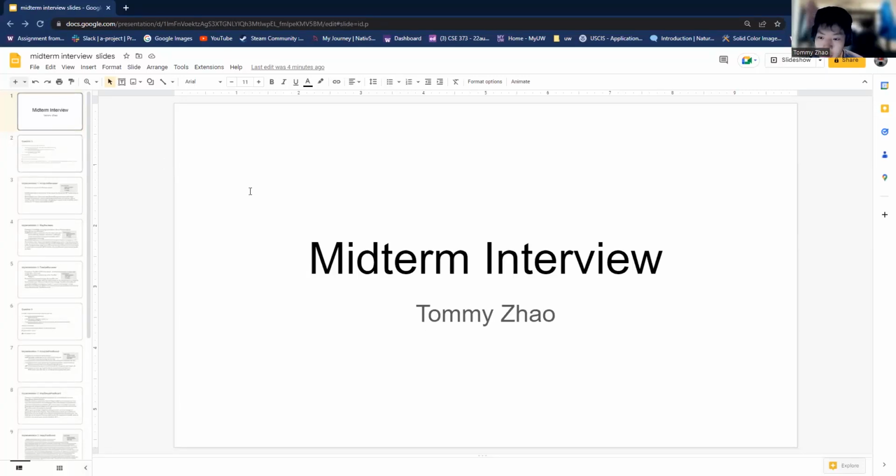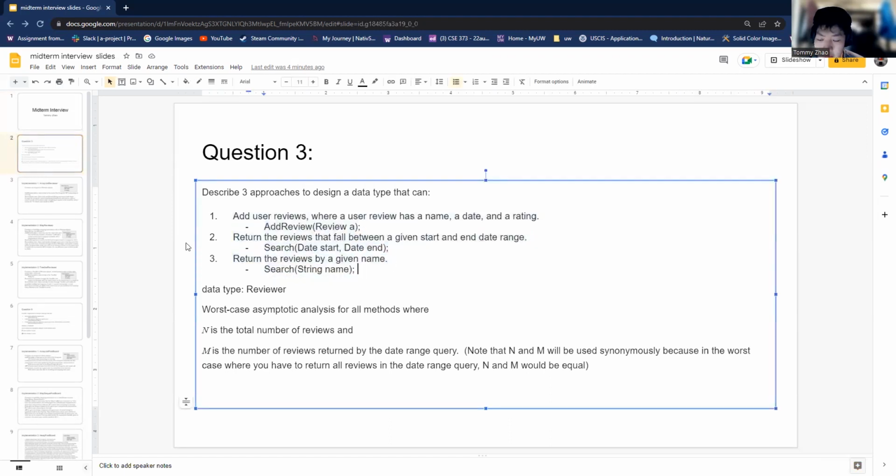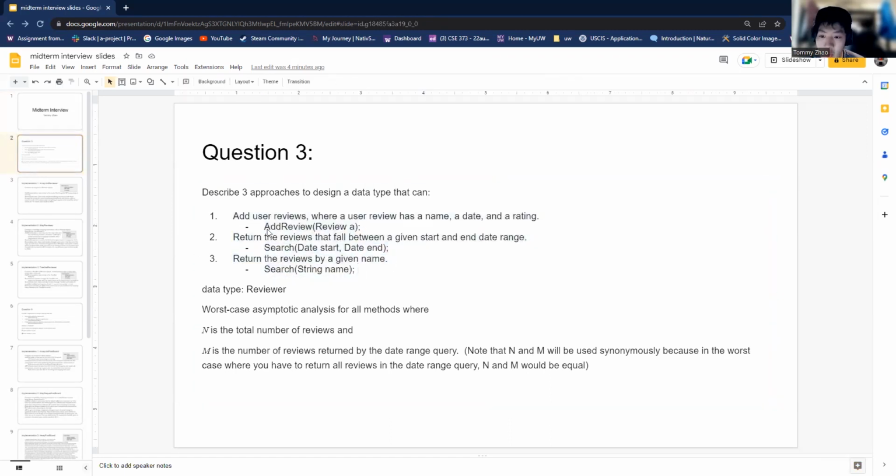So the first question is to design a data type that can do these three things, and I've defined these three functionalities in terms of three methods: add review, search by date range, and search by name. So I've decided to call this data type reviewer, and I'm going to go over three approaches with n and